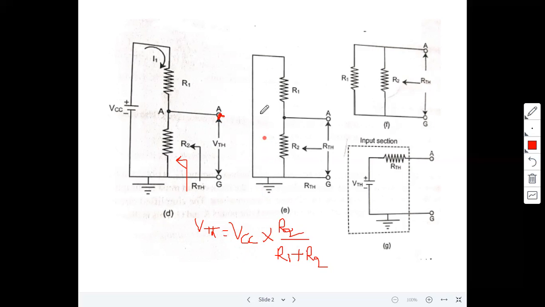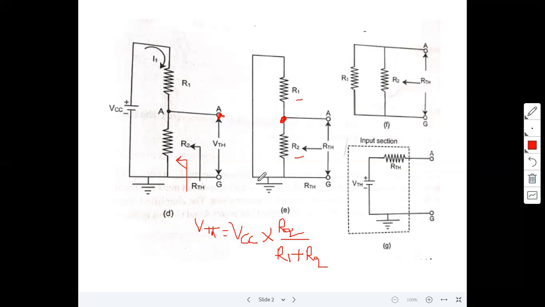Similarly, R Thevenin. While calculating R Thevenin, the energy sources in the network are replaced with their ideal internal resistance values. The voltage source should be short circuited, and a current source open circuited. Short circuit the voltage source; then the remaining network consists of only two resistors, R1 and R2. We are measuring the equivalent resistance with respect to this point A, so these two are connected in parallel. So R Thevenin is equal to R1 parallel to R2.